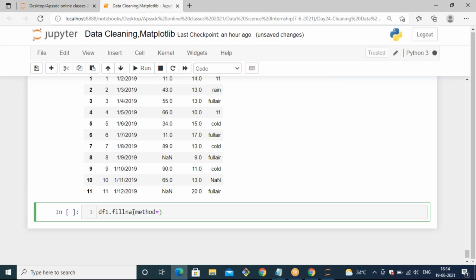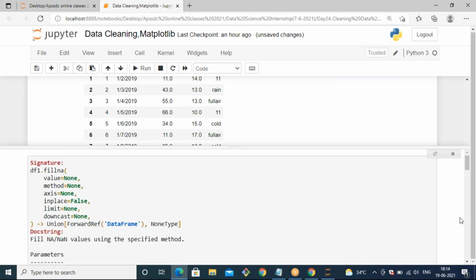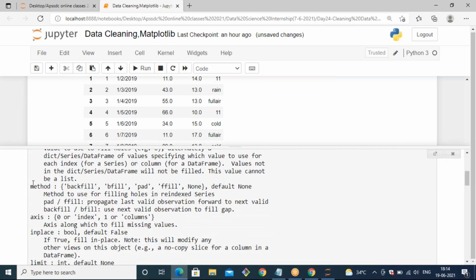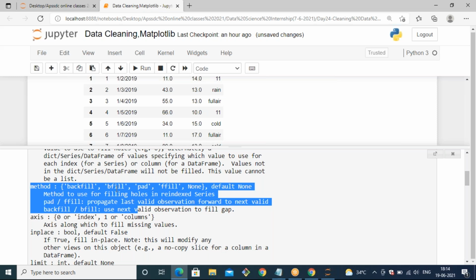And if you don't know about that, just press Shift+Tab after typing method. Then you can observe the methods to fill the NaN values: we have backfill, bfill, pad, ffill, or none. Default is none. When you don't mention method, by default it is none. Okay, so let's apply one.